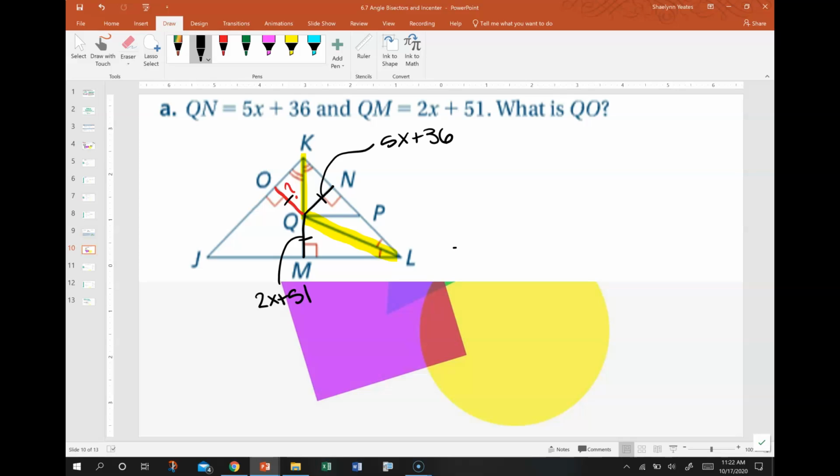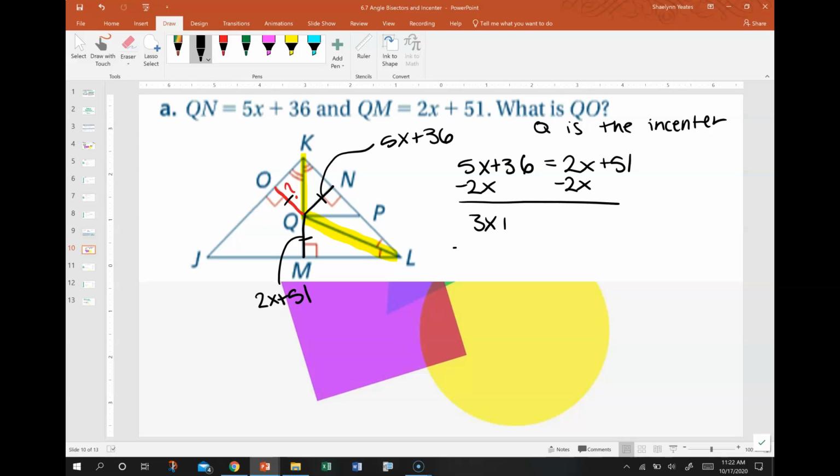Well, if QM and QN are equal, then we can say that 5x plus 36 equals 2x plus 51 because Q is the incenter, and the incenter is equidistant from all the sides of a triangle. Okay, so now we're going to subtract 2x from both sides, and I get 3x plus 36 equals 51. Then I'm going to subtract the 36 from both sides, and I get 3x equals